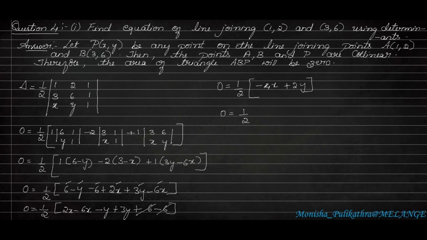Afterwards, here I'll be taking 2 common. Both have 2. Then the remaining will be minus 2x plus y. Here 2 cancels. Remaining is 0 is equal to minus 2x plus y. So I'll be taking minus 2x to this side. So it will be y is equal to 2x. So this is the equation. y is equal to 2x is the equation of the line. Hence the equation of the line joining the given points is y is equal to 2x. In the same manner, we have one more sub question. Okay, let us do it. I hope you understood this.